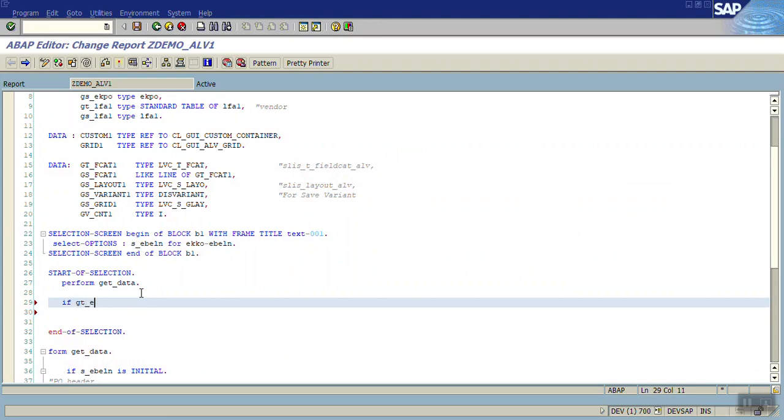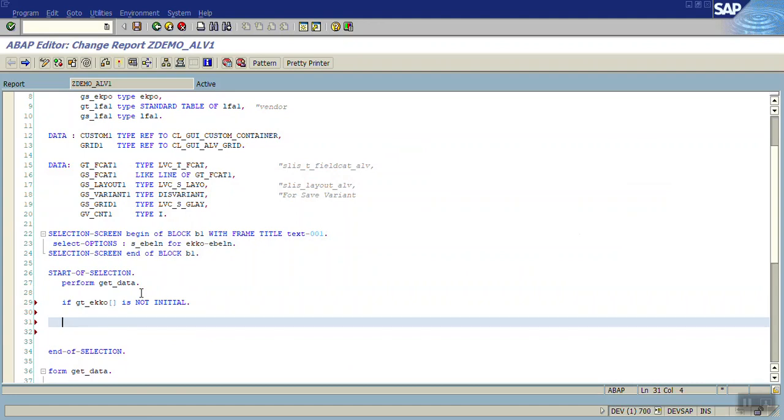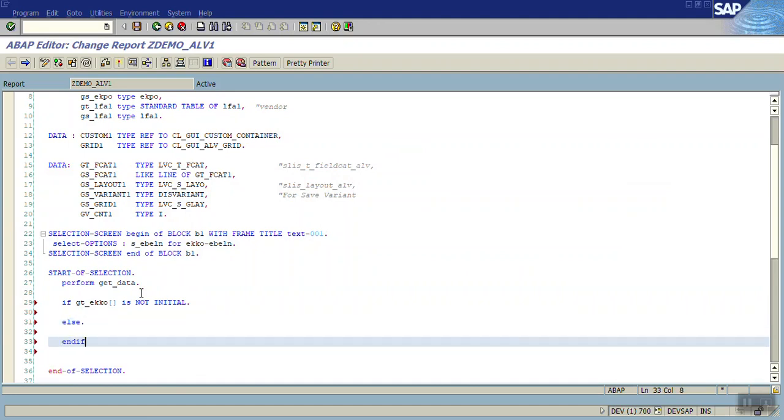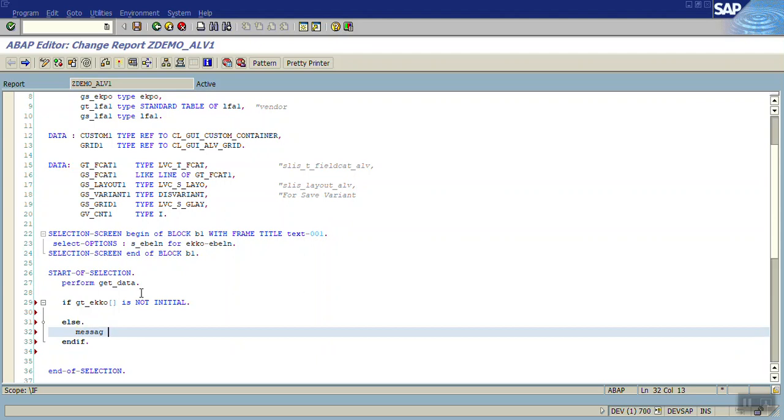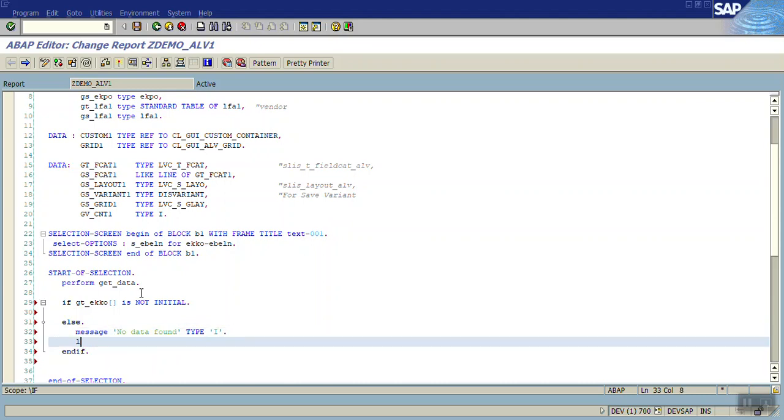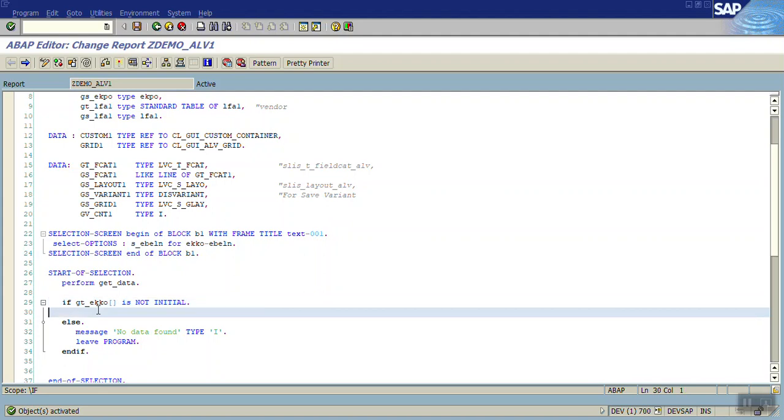If GT_EKKO body is not initial, else, give the message no data found, type, give the information message and leave program. Okay, now if the data is there, simply write create screen,